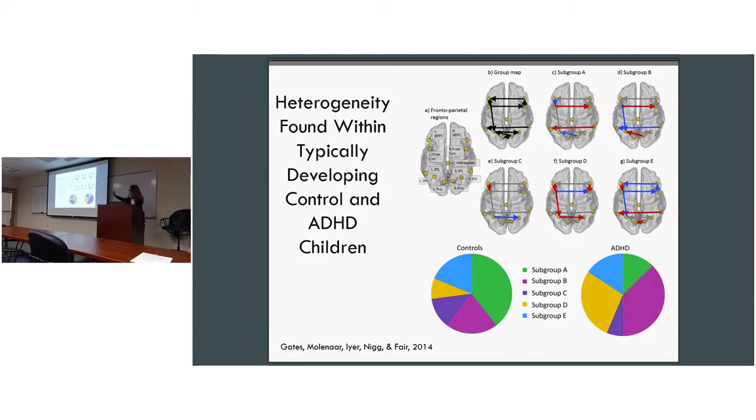So this is, again, within ADHD, typically developing controls, because you wanted to see if we would be able to parse them out. But also what I thought was interesting is that the controls have a lot of heterogeneity as well. And some of them have maps that are similar to the ADHD, yet they're below the threshold for the diagnoses, but still maybe higher on symptoms. It's just resting state. Oh, and I should mention, this was gathered by Joel Nick and Damien Fair at Oregon Health and Science University.